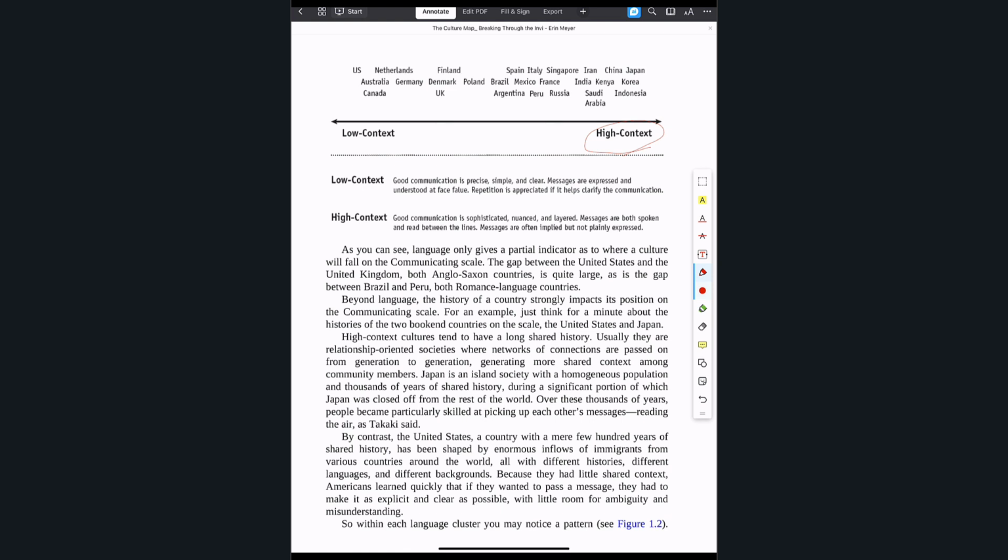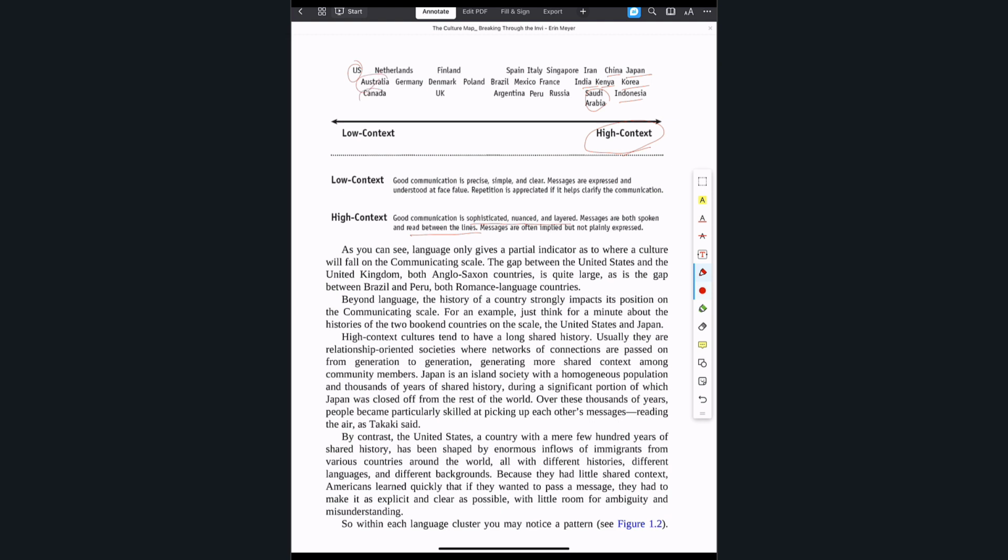So that's the reason you see this discussion of there being a lot of nuances. It's layered. You have to read between the lines to understand what exactly is being communicated. Some of the countries that you see here that have high context communication, Japan, Korea, Indonesia, China, Kenya, India, Saudi Arabia, these are countries that have long histories. These are not new countries like